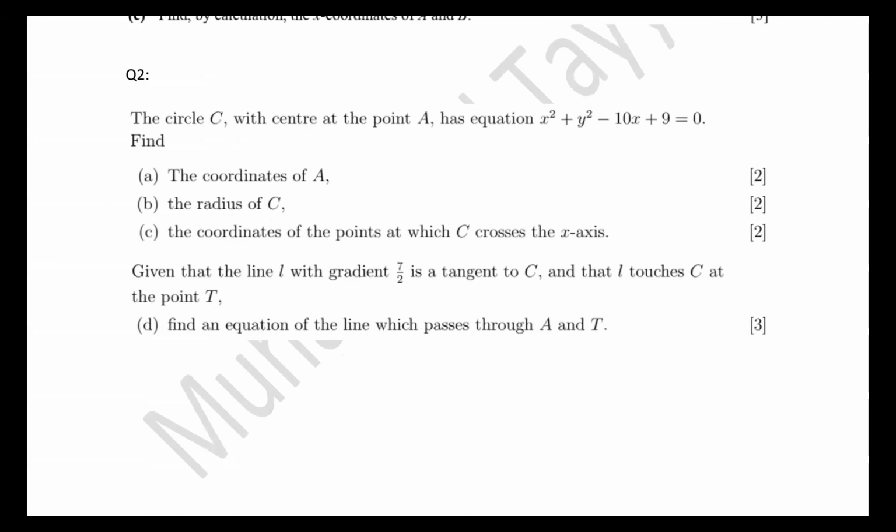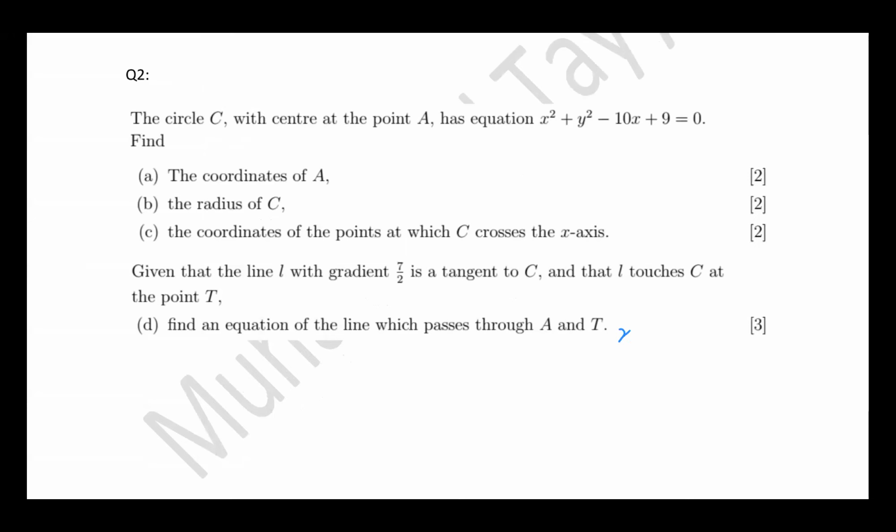So if you want to write them in the form of a completed square, for those who did not get that question, write in order x squared minus 10x plus y squared, and shift that positive 9 to the other side, it's negative 9. To complete the square, this will become x minus 5 whole squared. Outside, you need to write minus 5 squared, is equal to y squared minus 9. Now shift minus 5 whole squared to the other side. So this will be x minus 5 whole squared